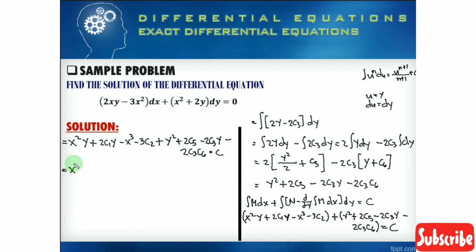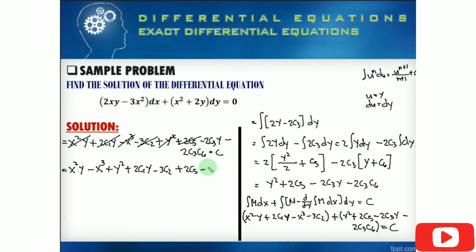So we have here x squared y, so we're done with this, and then we have now minus x cubed, okay, and then after that we have plus y squared, okay, and then we have another y plus 2c1, then this is y, okay, and then we have the constants, so minus 3c2, and then we have plus 2c5, so we are done with this, minus 2,